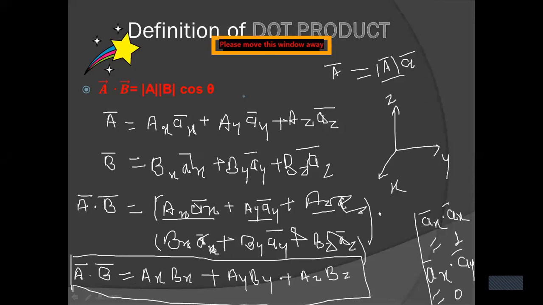Ax, bx, ay, by, and az, bz, all these are magnitudes only. So no vector is there. If I take the dot product of any two vectors, its final answer will be only magnitude. There will not be any unit vector or any vector. That's why it is called the